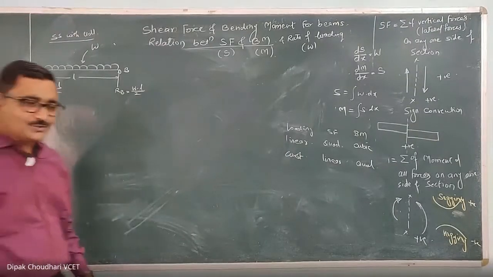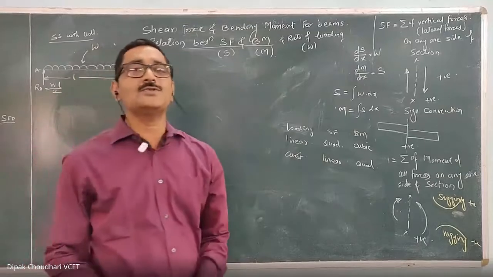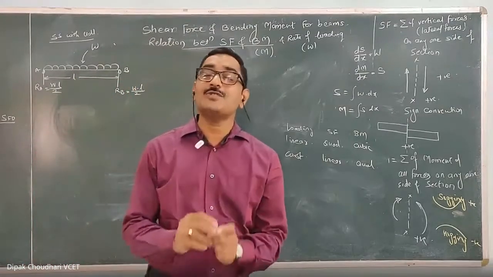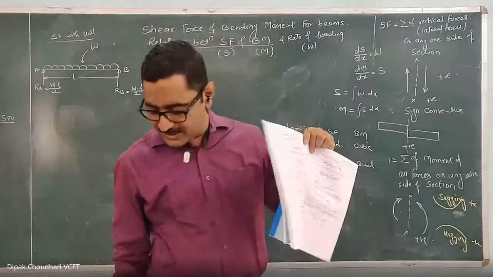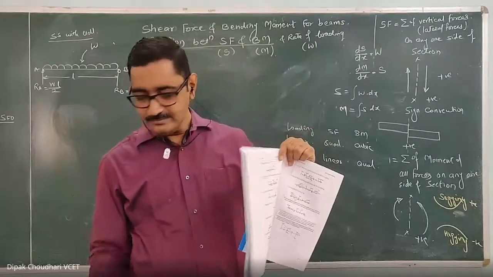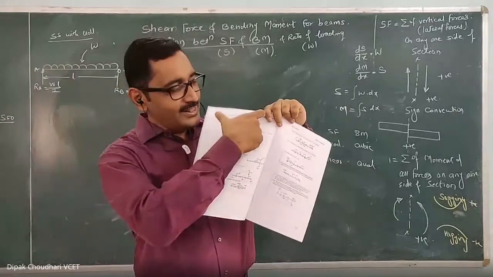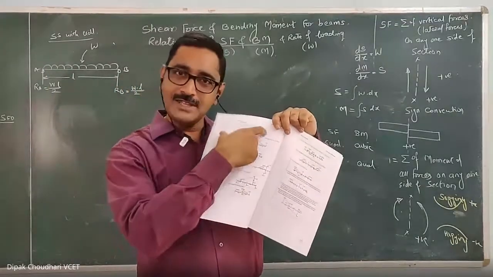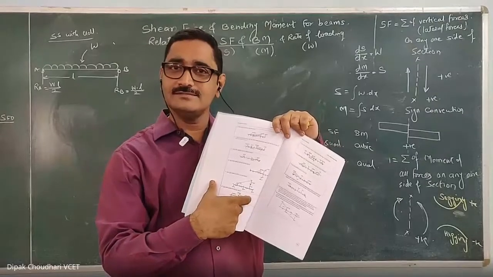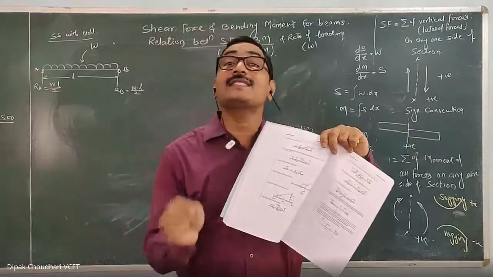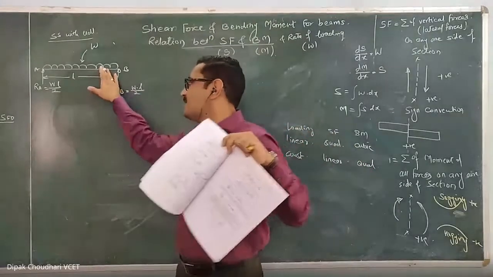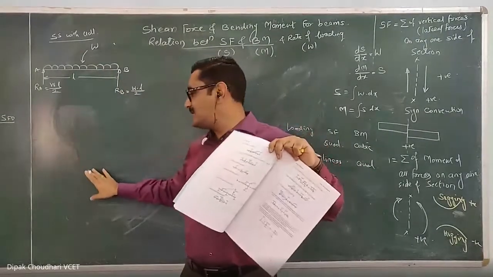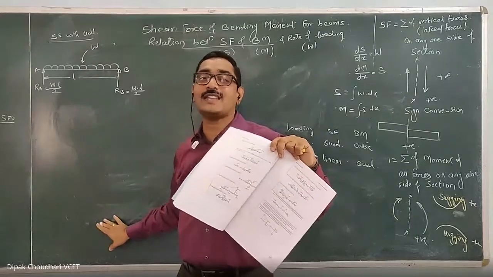Now remember one thing. To draw the shear force diagram, what I am suggesting to you while solving a sum on shear force and bending moment diagram: in your book, on the left hand side page, draw the figure. यहाँ पे चारों फिगर ड्रॉ करने का. क्लियर? इसके बाद में हम लोगों को एक्सियल फोर्स डायग्राम भी ड्रॉ करने का है. क्लियर? So given loading diagram, उसके नीचे shear force diagram, उसके नीचे bending moment diagram, and below that you have to draw the axial force diagram.